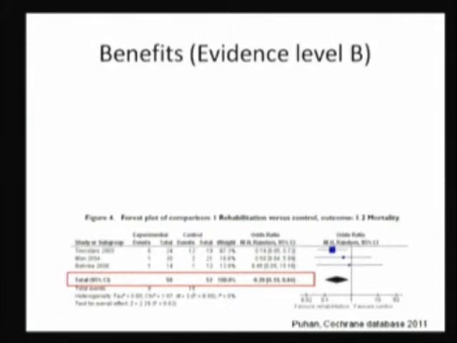So in addition to this level A evidence, very convincing evidence, there's suggestive evidence, level B, that pulmonary rehab actually improves survival. Can you believe that? There are so many studies that looked at inhaled steroids and long-acting beta-agonists, and everything is questionable, with p-values of 0.51, and now we have suggestive evidence that we have an intervention that actually may improve survival in patients with COPD, in addition to